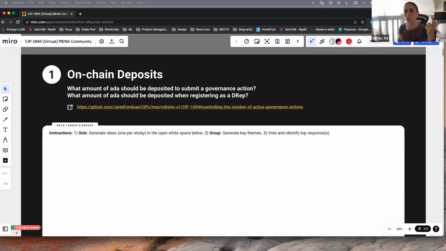So the other governing bodies are DApps and stake pool operators. Anyone can be a stake pool operator by running their own nodes. Stake pool operators are kind of like the miners of Cardano. They mint the block, they run the network. DApps could also be any ADA holder. So that means I can be a DApp and you can delegate your vote to me. So when I go vote on a governance action, my vote weight captures the amount of ADA I have and the amount of ADA you have. So both are voting power together. And those are the 3 bodies that either enact, or ratify, or not, a governance action.